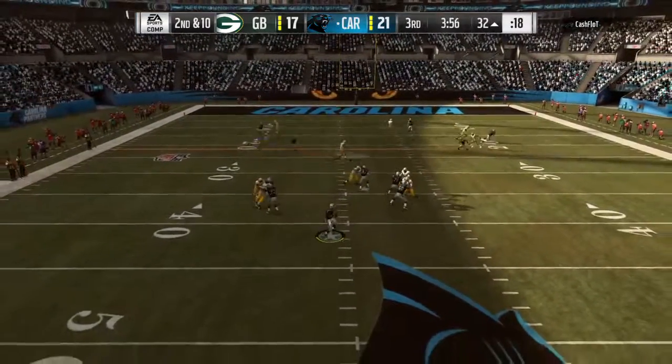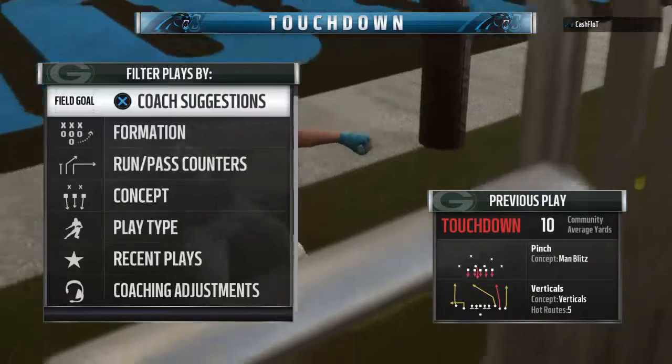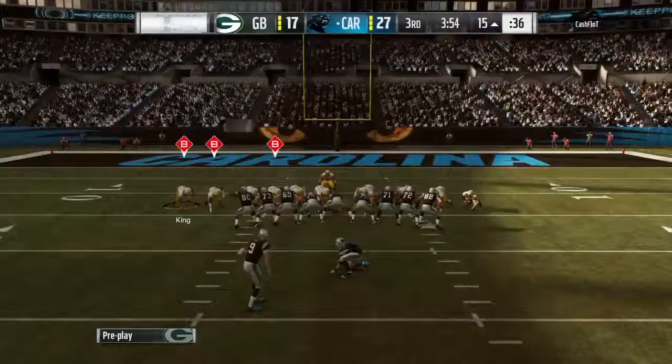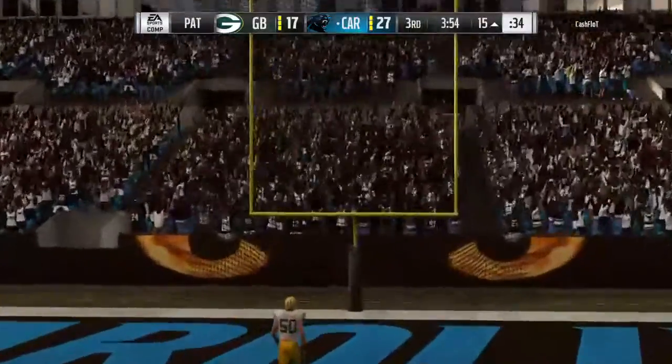Back to the air, Newton on 2nd down. Airing it up, and that'll be caught. Touchdown, Panthers. Olsen. Greg Olsen, his second touchdown of the afternoon, and the Panthers add on to their lead. In order to lead in a game, you got to